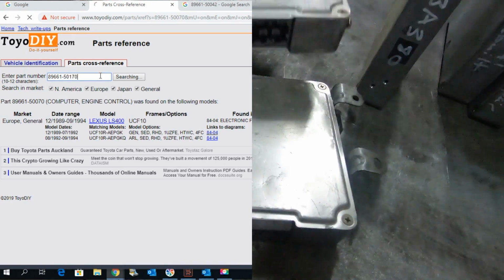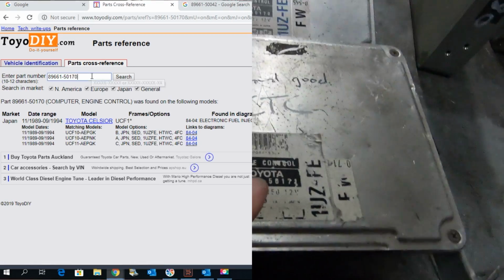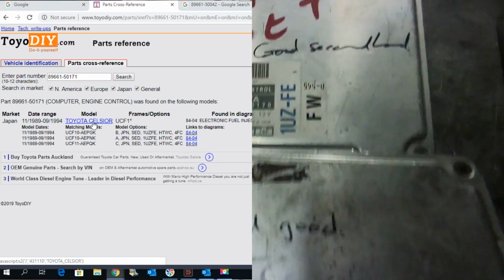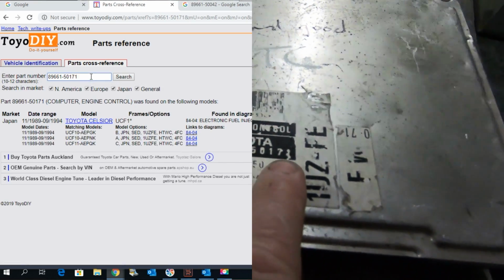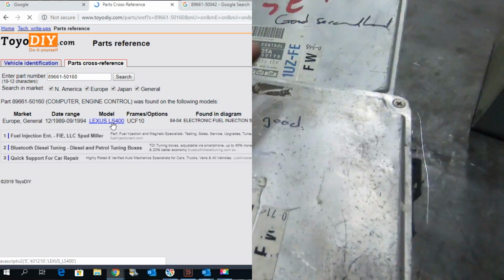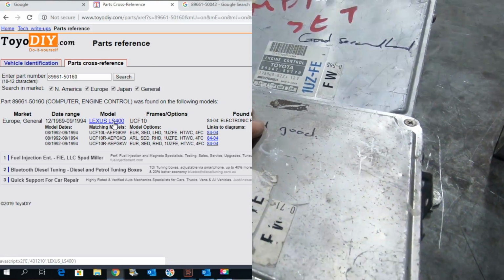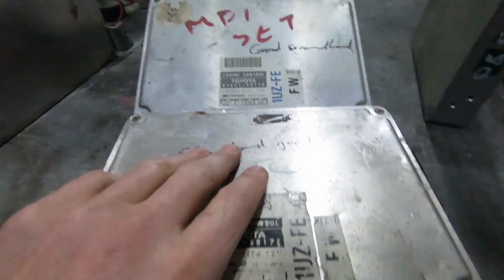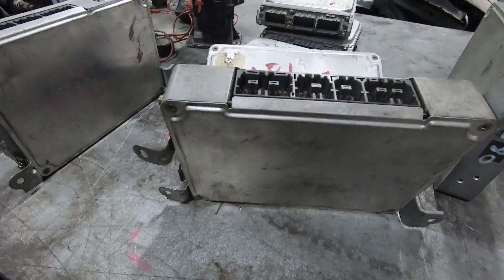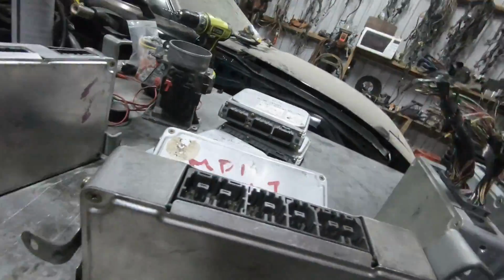This one, I've got 2 of them here for a reason. 89661, 50170, 50171. So that explosion shows the supersession of those. Really common in the LS400s is an 060. That's what we see a lot of in the New Zealand market. Also, common I see 080. So this one,